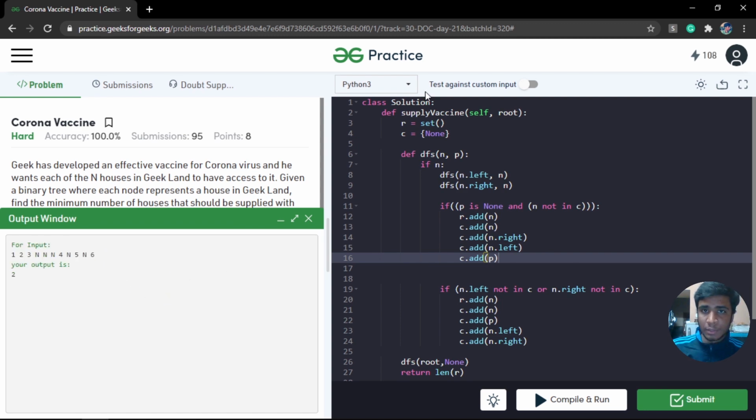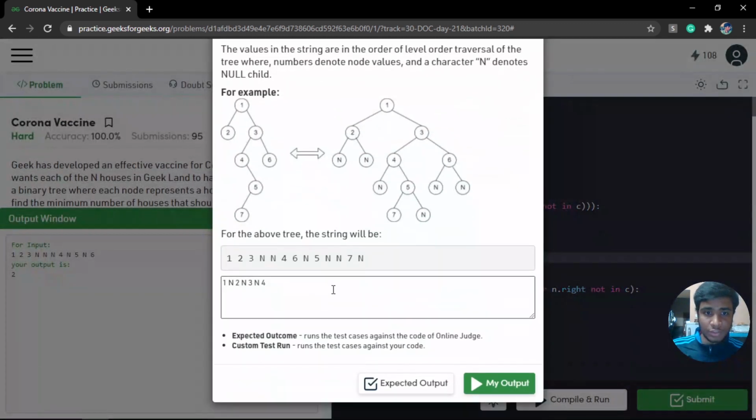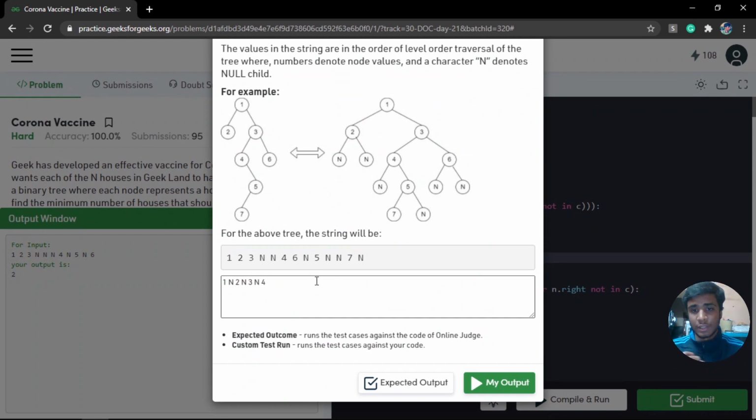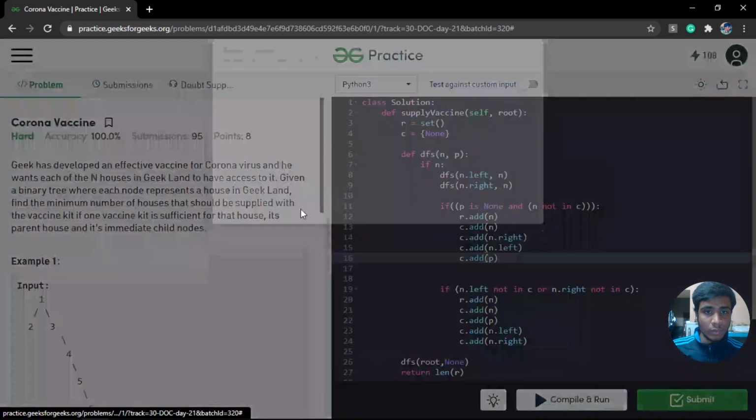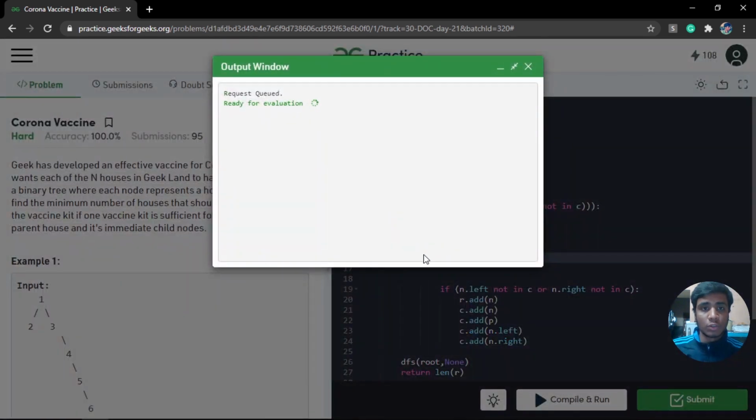So yeah, it is accepting the base case, and now if I check with my base case, which was previously giving me a wrong output, and run that, you should see that it is giving an answer 2, right? So this is how we can take care of that base case. Now that all the cases are satisfied, we can simply submit the solution, and our solution is accepted. So this is how we can solve this problem.